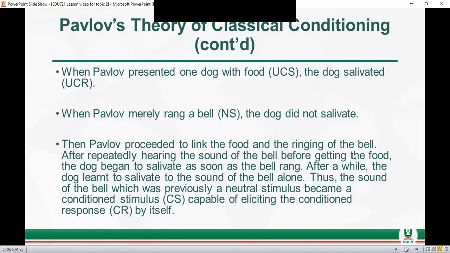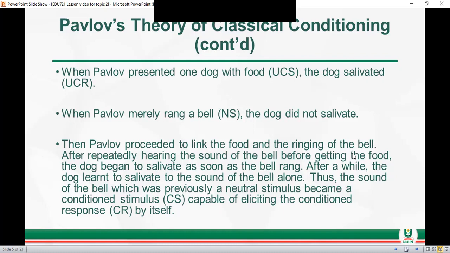He noticed that he had a lot of dogs that he used for his studies, for his research. He was a physiologist, first of all, before he became a psychologist. So he used to use dogs in his experiments. One day he noticed that whenever he was approaching to feed the dog with food, the dog would start salivating. So he became curious and decided to conduct this particular experiment that gave rise to the theory of classical